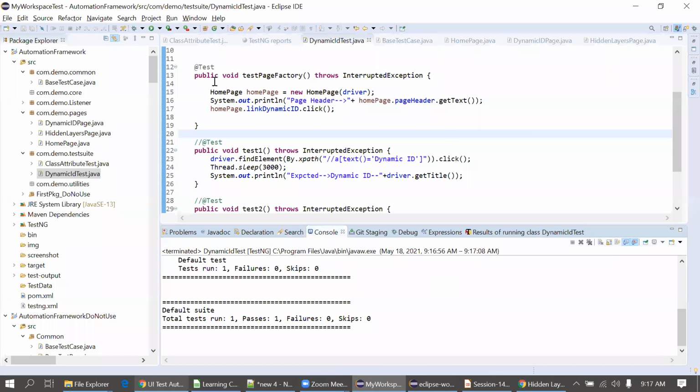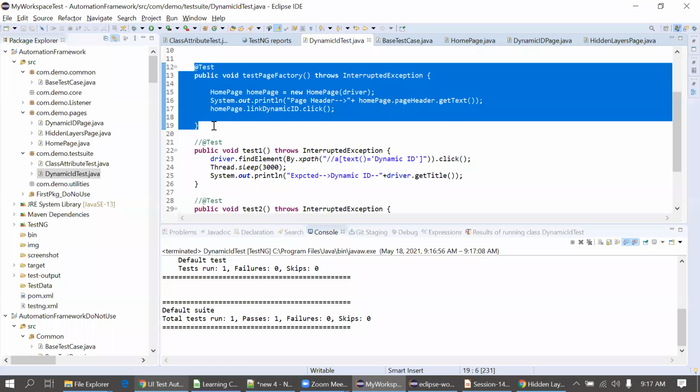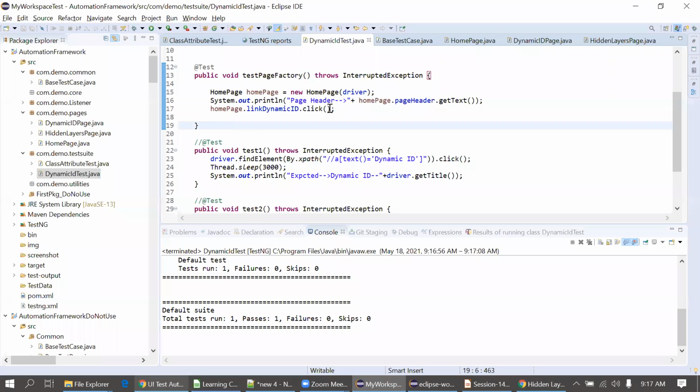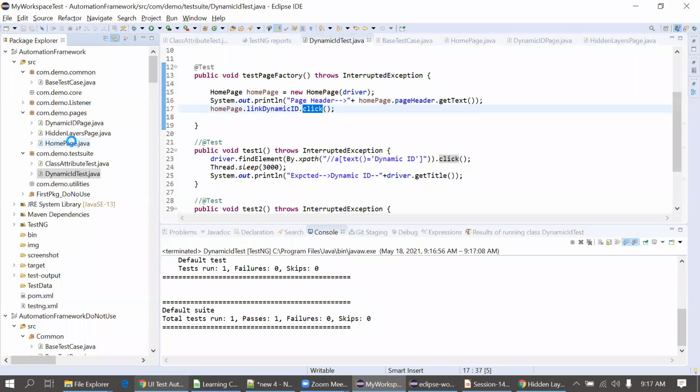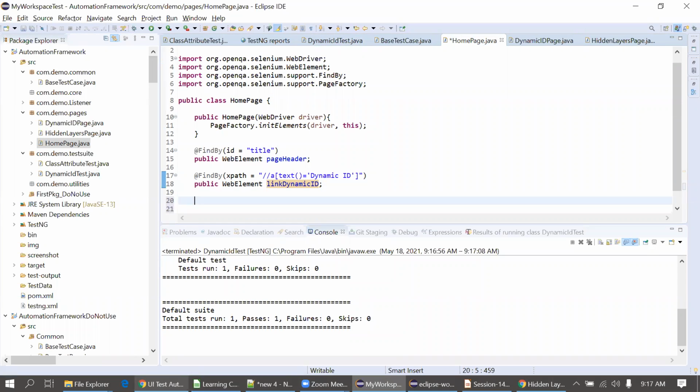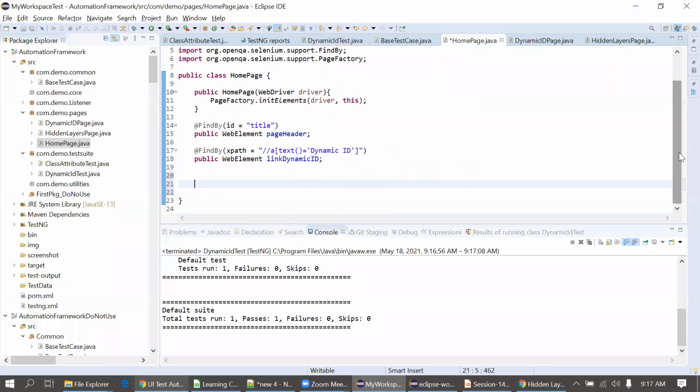Okay. So in this way, we can use the page factory model and we can implement our test case based on this. Now here you can see I told you we will just implement the close in the test cases, but now I have written the action as well. So for time being, I have written the action here, but simply I can put this action into these pages itself. For example, I will simply create a method here. It's completely up to you. If you want to put actions in the test cases, you can. Otherwise, you can create a method here like this, public void.